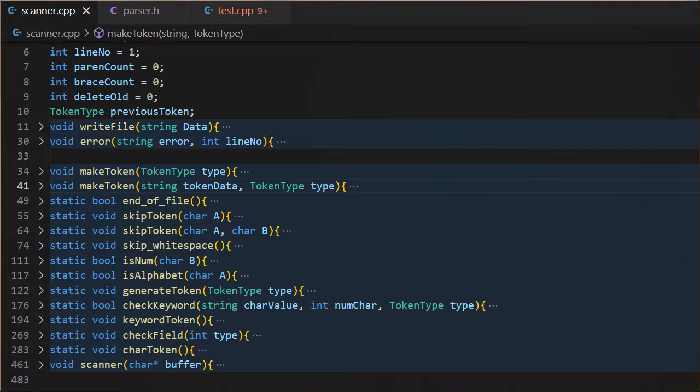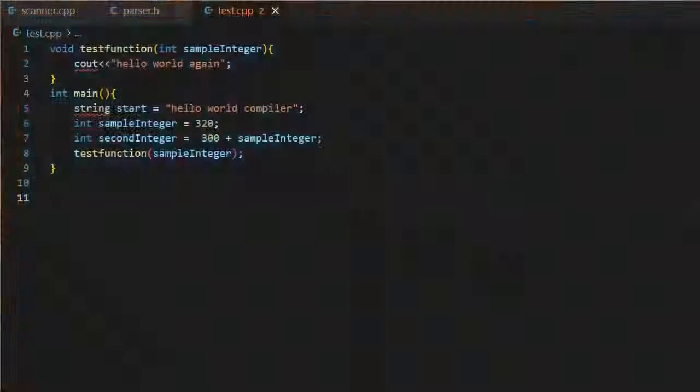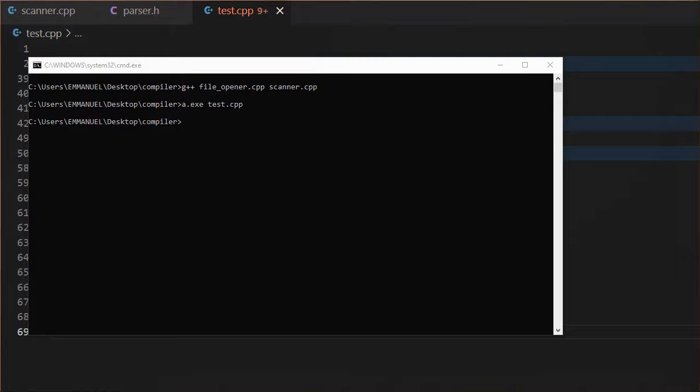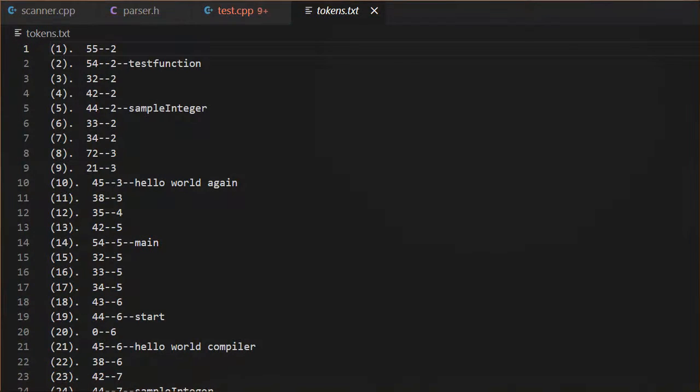And in our test.c++ file, we are going to run this sample code here. So in my command line, I'll first navigate to our project folder. Then I'm going to run the file. And when I open our token.txt file,